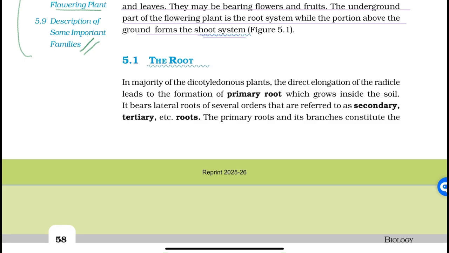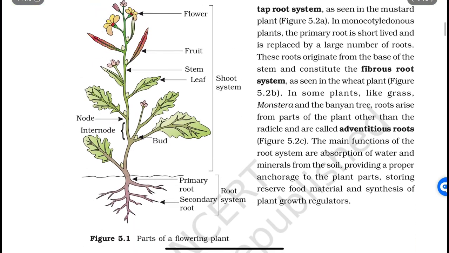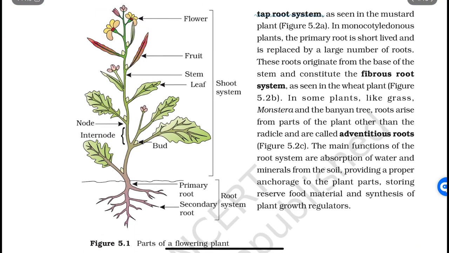Then the root. In the majority of dicotyledonous plants, the direct elongation of the radicle leads to the formation of the primary root, which grows inside the soil. It bears lateral roots of several orders that are referred to as secondary, tertiary, etc. roots. The primary root and its branches constitute the tap root system,